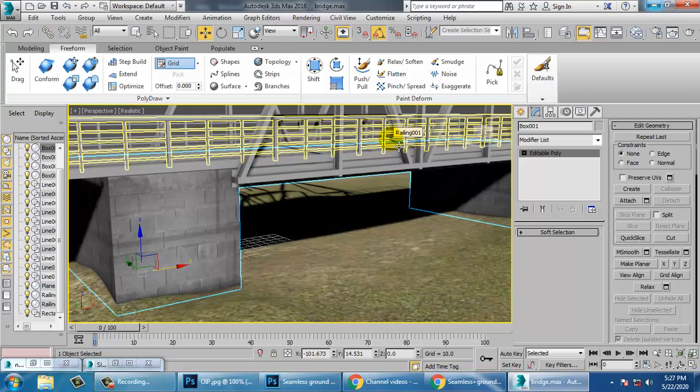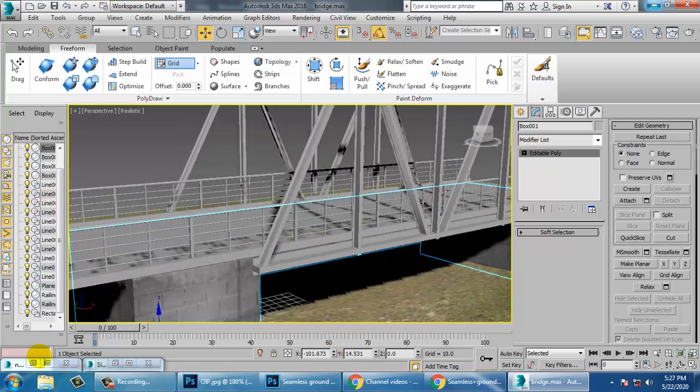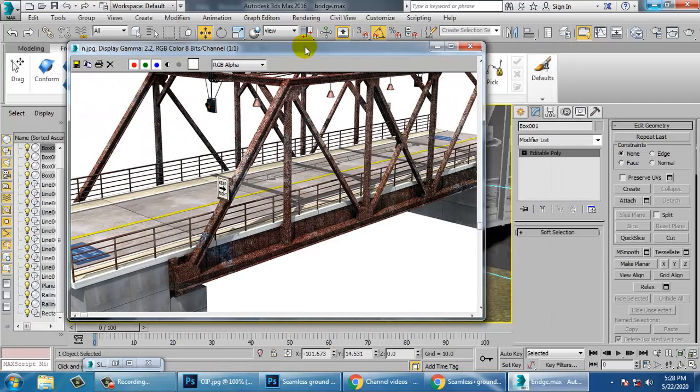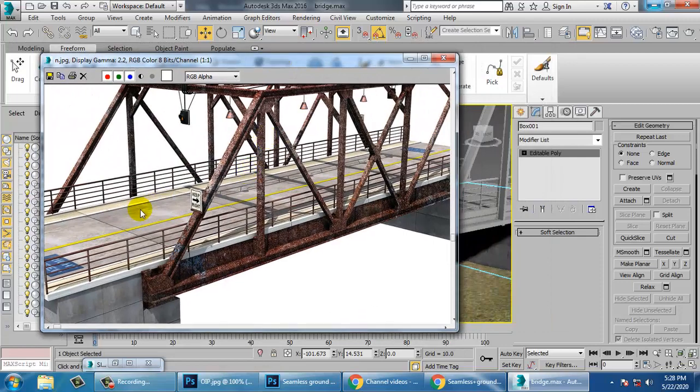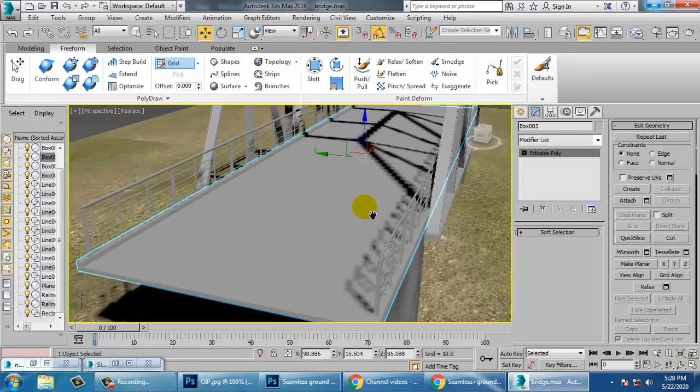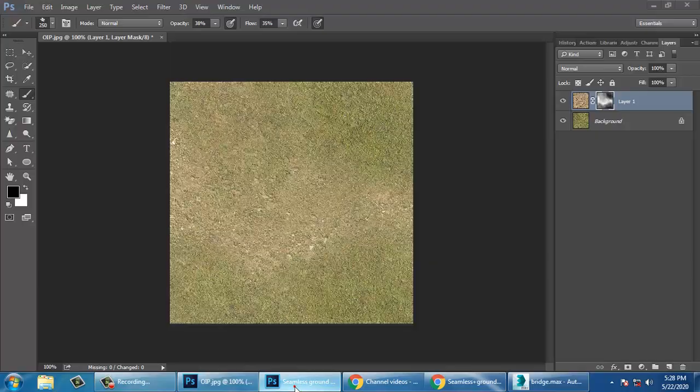Now what I can do over here is let's create a texture for the road first. So for the road, let's again go into Photoshop.